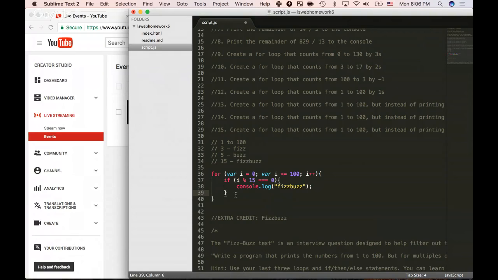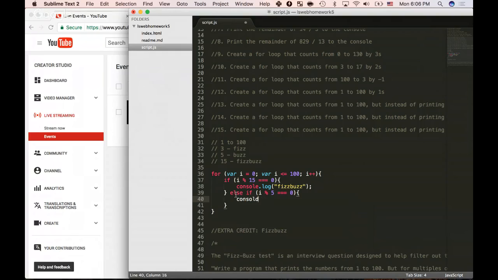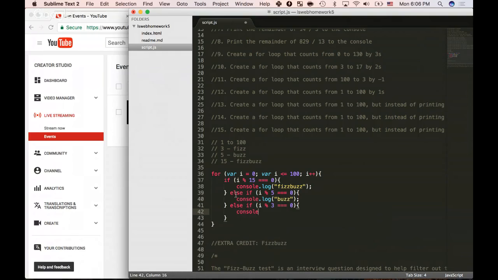Then we can say if i modulus 5 equals 0, console.log buzz, else if i modulus 3 equals 0, whoops, console.log fizz, else console.log i. And one of the things that this will challenge you to